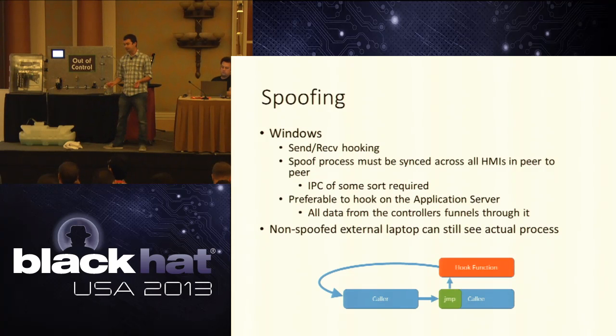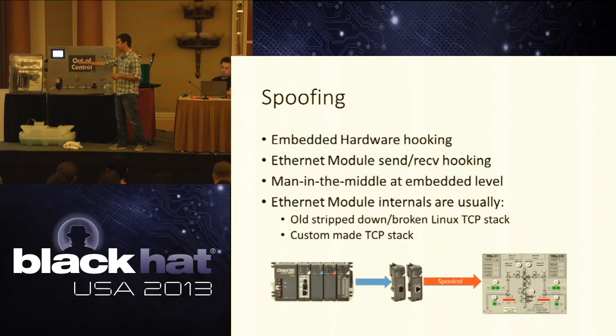So when we talk about spoofing, we can go back to regular old Windows or PC-based exploitation and just do regular old send-receive hooking if we don't care about modifying the controller itself. If we're on this controller, we can hook the Modbus packets coming back from the PLC and modify that world view to the operator and everyone upstream, the historian, the ERP, everything else, without ever getting to the controller. But it's also preferable to hook an application server. The obvious reason is that you can have any number of HMIs, but you usually have one or one-in-one redundant application server that's the funnel between your actual process and the